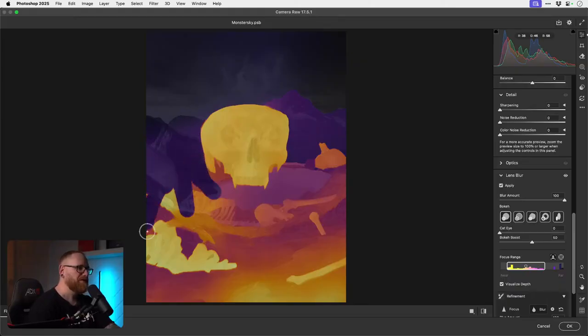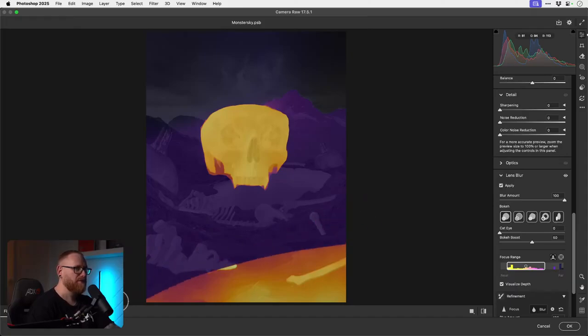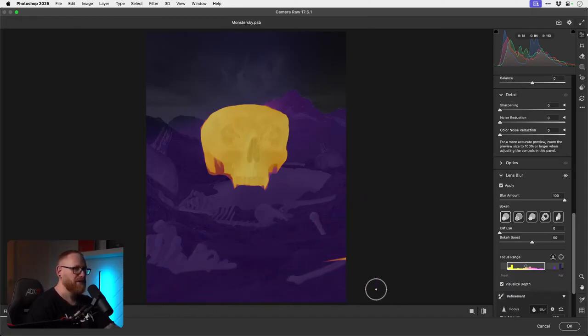I just want to see how it'd look if I threw it all out of focus. The areas that are closer to yellow are more in focus, the orange areas are medium focus, and the purple areas like this are completely out of focus. So we'll just do this for now just to see how it looks.